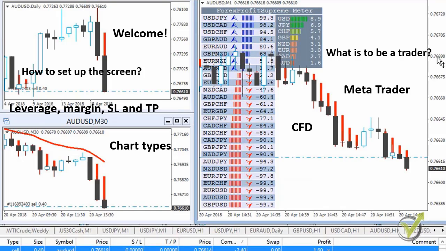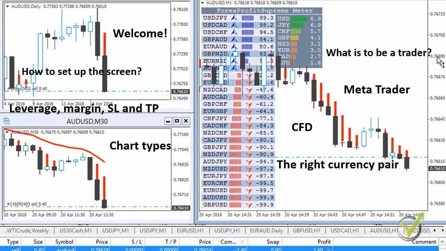As well, I will show you the main chart types and how to recognize the charts. And as well, I will share with you which type of chart I prefer to use. And then I will teach you how to choose the right currency pair to trade at every moment, because this